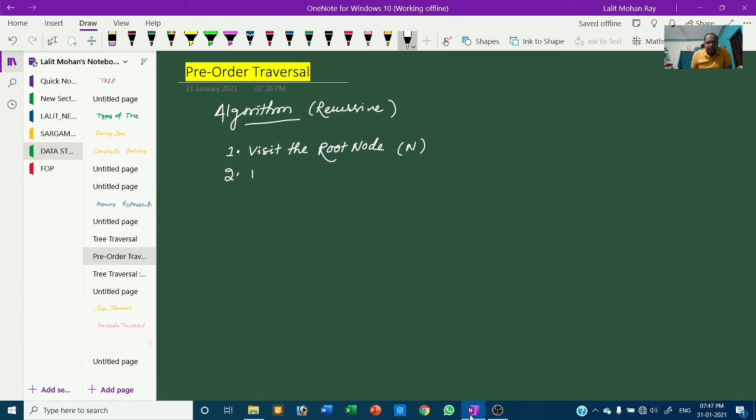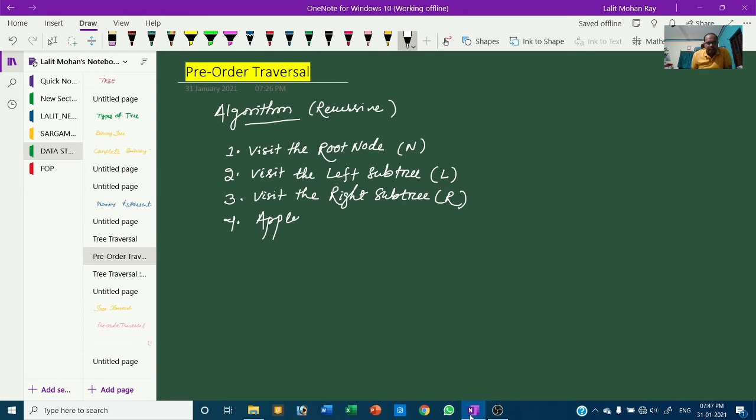Then step number two, you have to visit the left subtree, which is represented by L. Then third, you have to visit the right subtree, which is represented by R. And you have to apply the above three steps on each and every node.